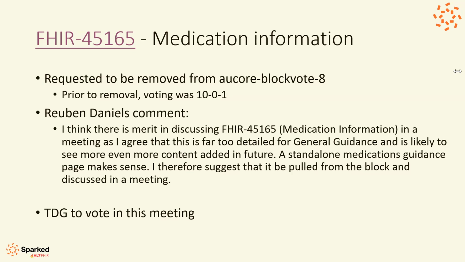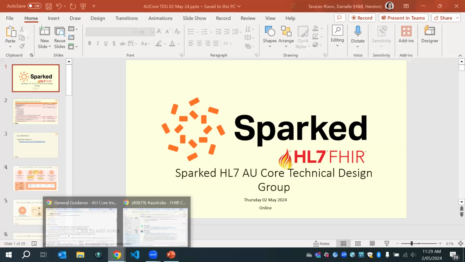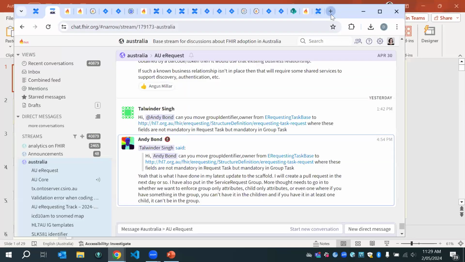I have a question. This looks sensible for medications, for medicine. I'm wondering what else would we do something similar for going forward? And if we can anticipate that now, that might affect what we choose to do, but maybe we can't see what else we would do something similar with in the future. US Core had a couple of things which might come into focus for us in future versions of AU Core, but for R1, I don't think there's anything else at this stage.